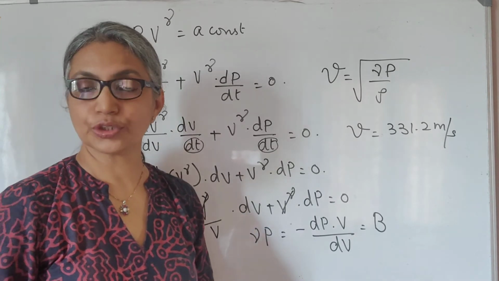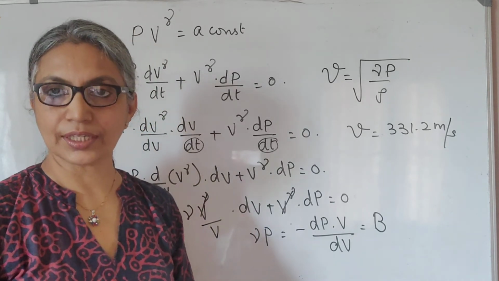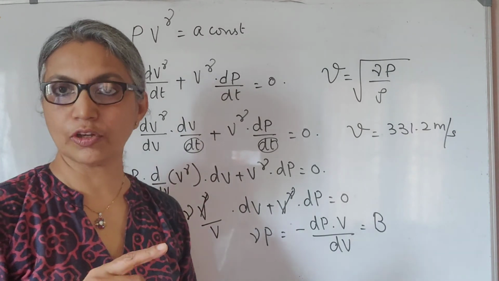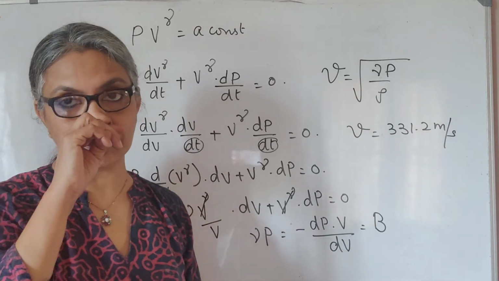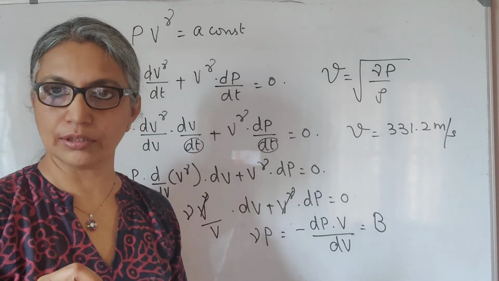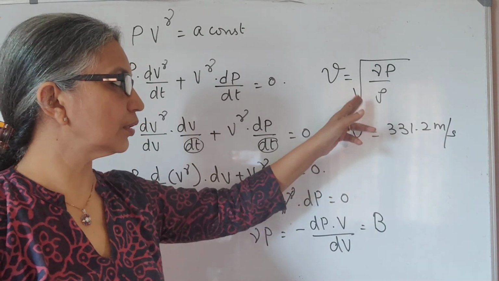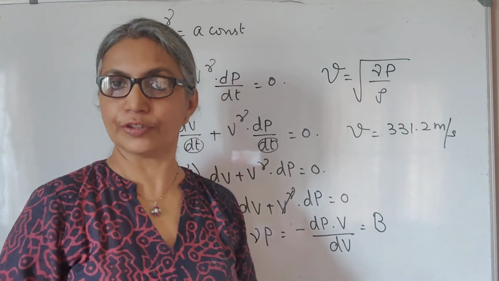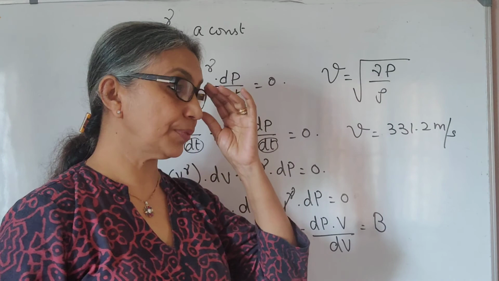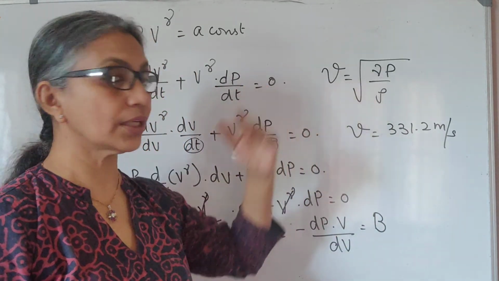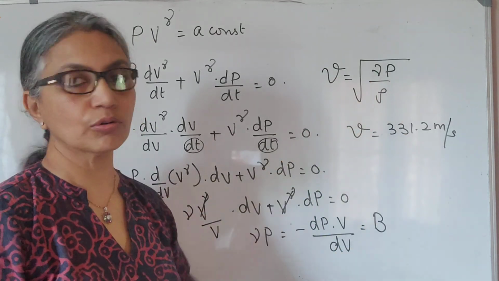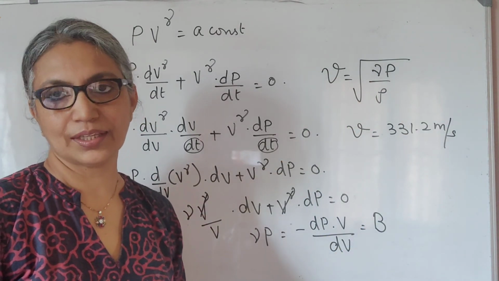So today's session we conclude by having derived both the formulas. That is, for a transverse wave, the velocity is root of T by mu, T being the tension in the string and mu being the mass per unit length of the string. And here we have the velocity of a longitudinal wave as root of gamma P by rho, gamma being a constant for a medium, that is the ratio of specific heats, Cp by Cv, P the pressure and rho the density of the medium. Thank you.